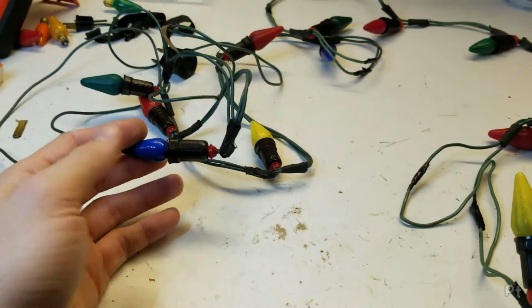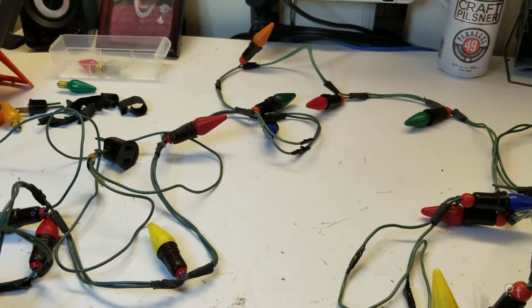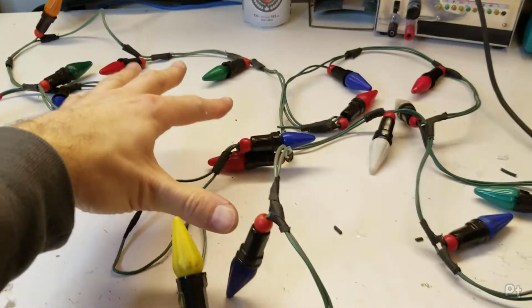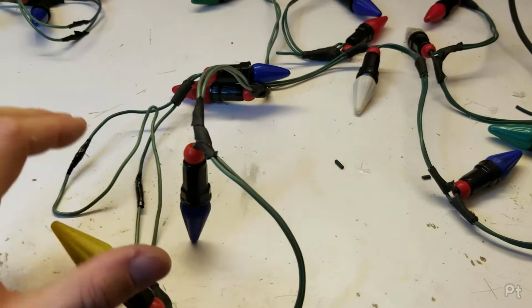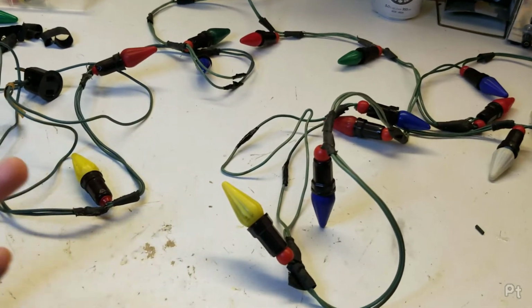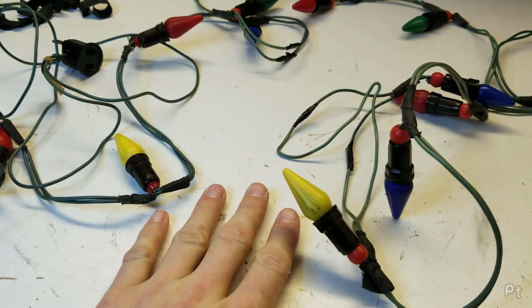Yeah, I don't understand how these ever worked. When I unravel them, I discover that there are 7 lights, splice, 7 lights, there's a splice in here, splice, 7 lights, 21 lights. So some handyman, probably back in the 60s or 70s, don't get me started on the